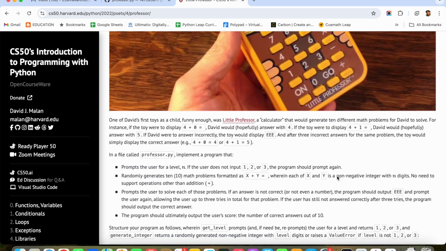Like if the level is 1, then each of x and y will be a single digit number from 0 to 9. If the level is 2, then x and y will be double digit numbers, which is nothing but 10 to 99. If the level is 3, x and y will be 3 digit numbers, which is nothing but 100 to 999. So we are going to allow only one operation, which is addition,